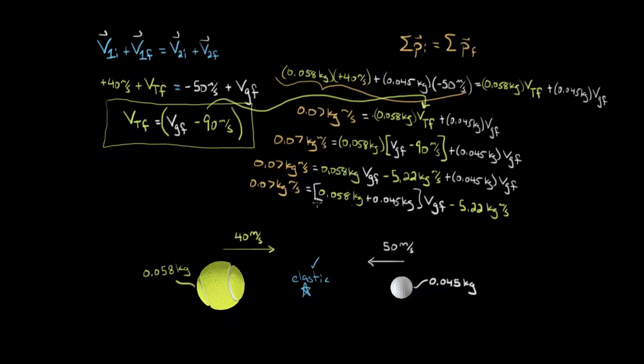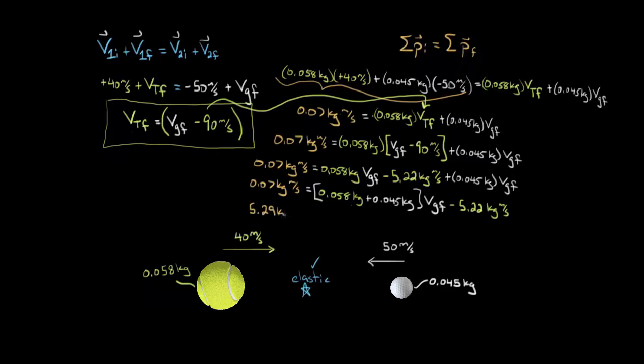So we keep going. Don't divide by this first. Sometimes people try to divide by this whole term right now. You don't want to do that. You've got to go in the right order. I need to add this 5.22 to both sides to get rid of it first. So when I add 5.22 to both sides, it'll cancel this term. And on the left-hand side, I'll get